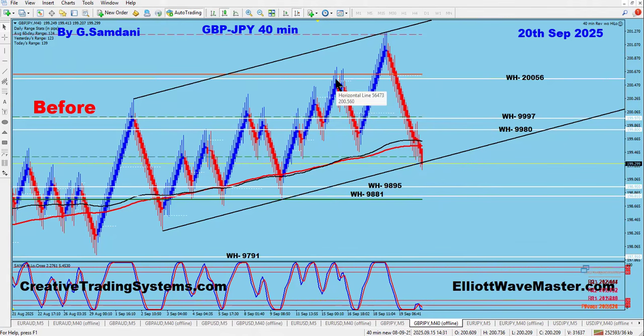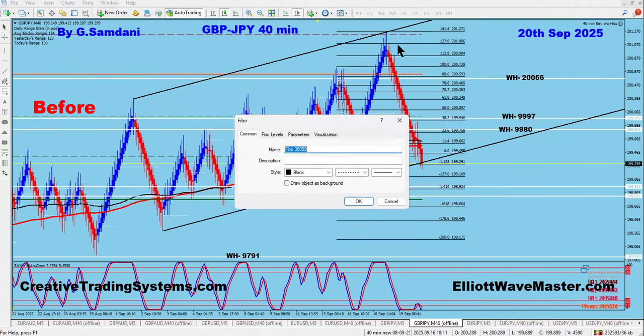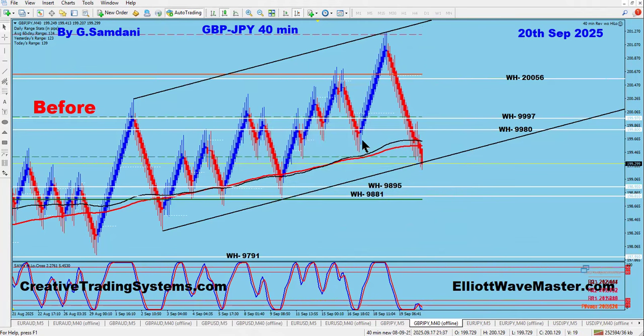Either an extension level from here to here. This one was, see this extension level? Let me show you. Extension levels are what? 127, 161, right? Let's take a look. See that? It touches 127 and posts the reversal candle. That's where I need it. Long here, beautiful long. Why? Let me show you.